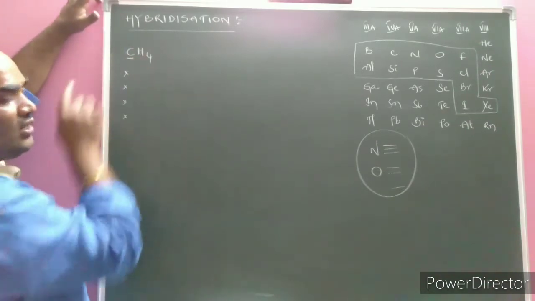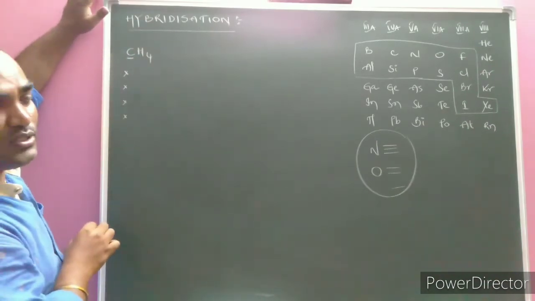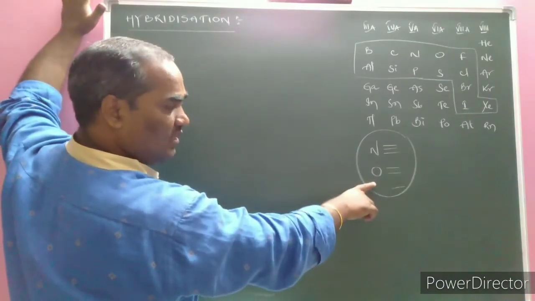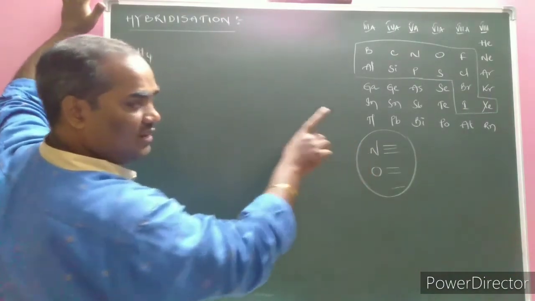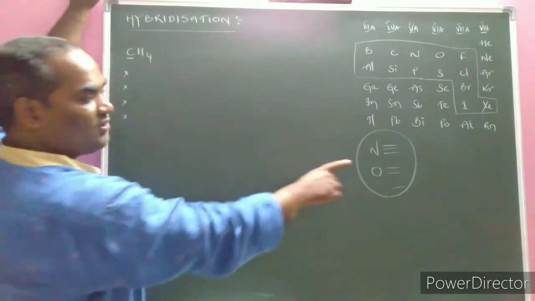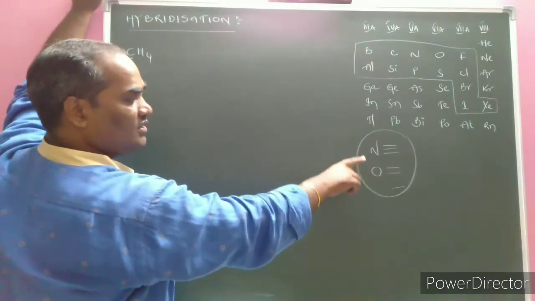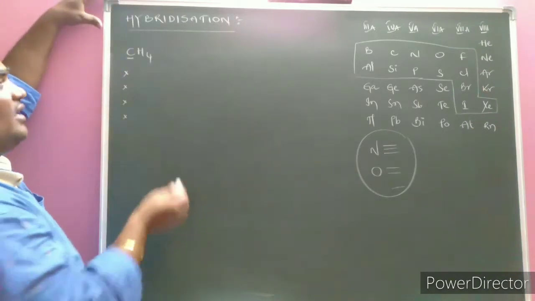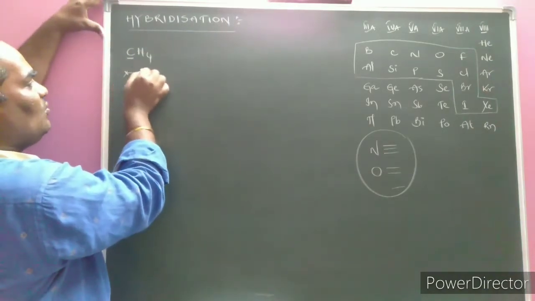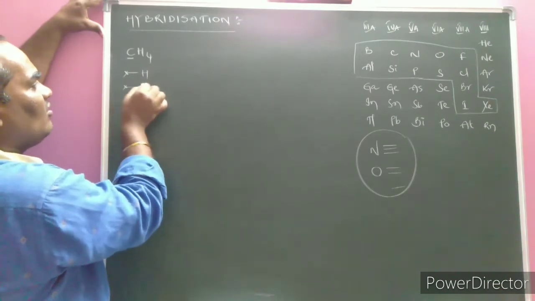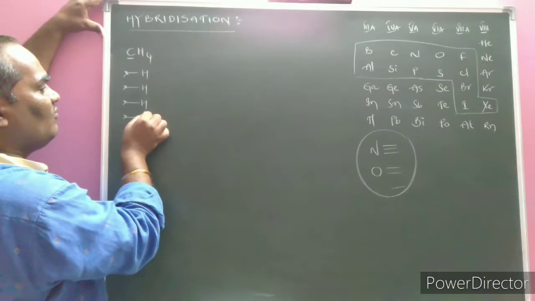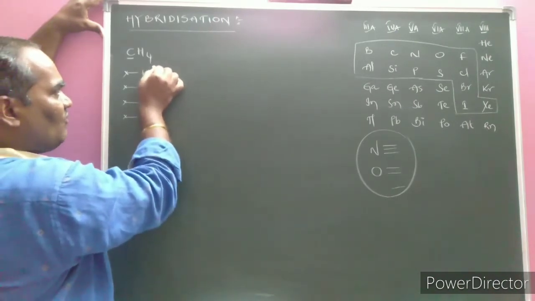And the bonded atom with that is a hydrogen atom. Is it a nitrogen atom? No. Is it an oxygen atom? No. If nitrogen is there, it requires 3 electrons, trivalent. Oxygen is divalent. Other than oxygen and nitrogen, all are monovalent. Keep that in mind. Hence, each hydrogen atom requires only 1 electron to make a bond with the carbon atom. What is the formula?